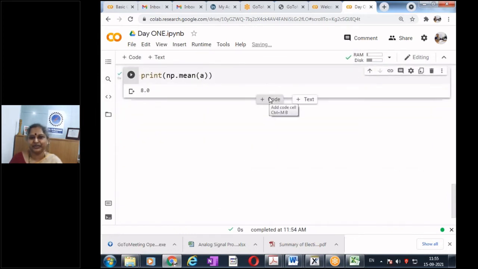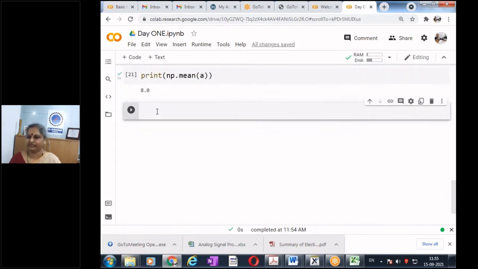So now let us try to compute some trigonometric functions, sine of a function, cos of a function, because the whole of signal processing will have a lot of sine, cos and exponential. So today we will just see basic sine, cos. Tomorrow we'll try to plot the sine function. We'll also try to hear the sine function. Tomorrow that's what we will do. Today we will just plot.